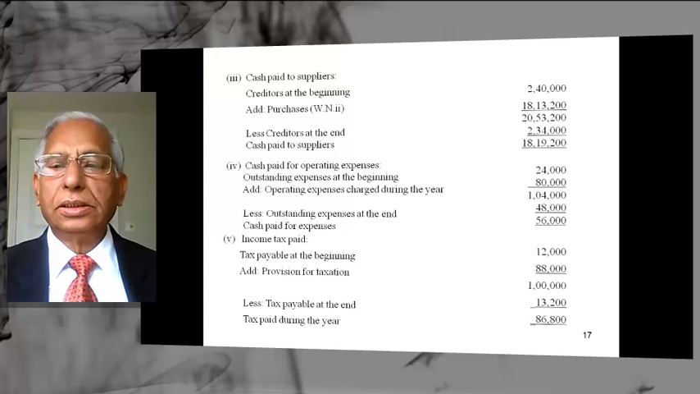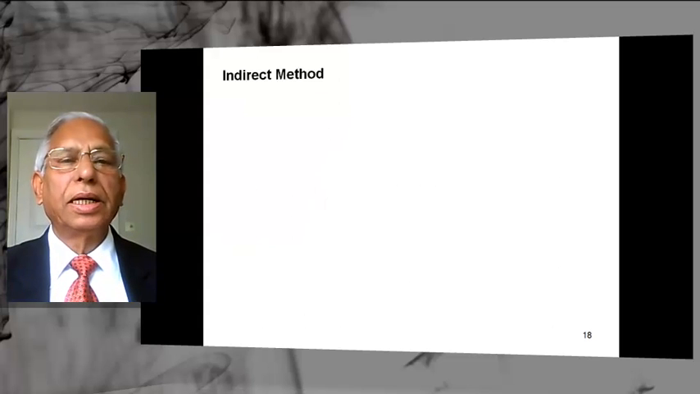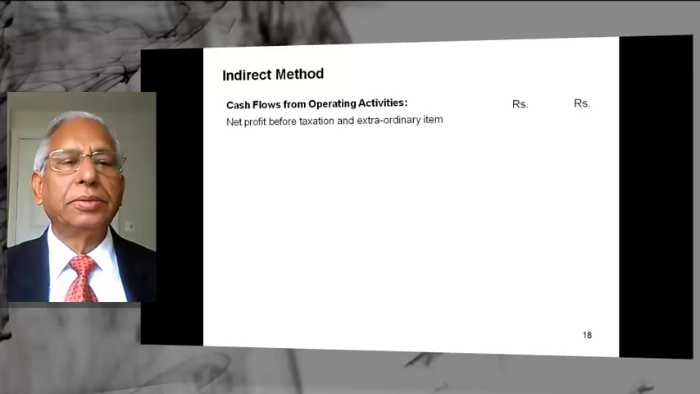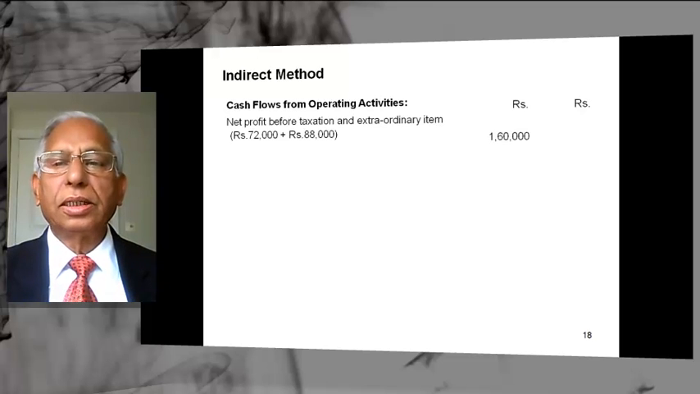Now we will see the solution as per indirect method. See please. Cash flows from operating activities under indirect method. This is the main heading. First item here we are starting from net profit before taxation and extraordinary item, as was illustrated in exhibit 2. This we are taking from the illustration 72,000 plus 88,000 rupees. Total comes 1,60,000. To this we add depreciation